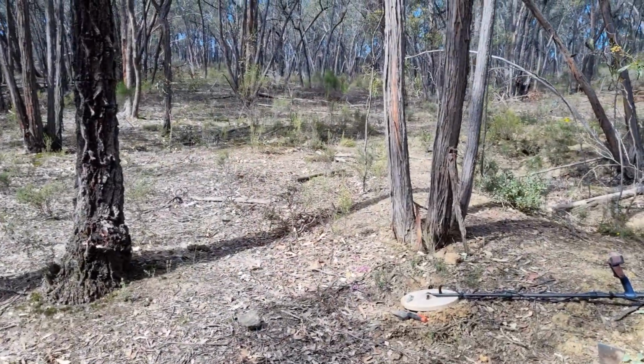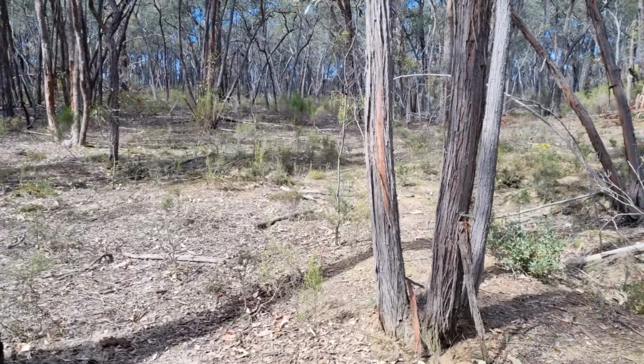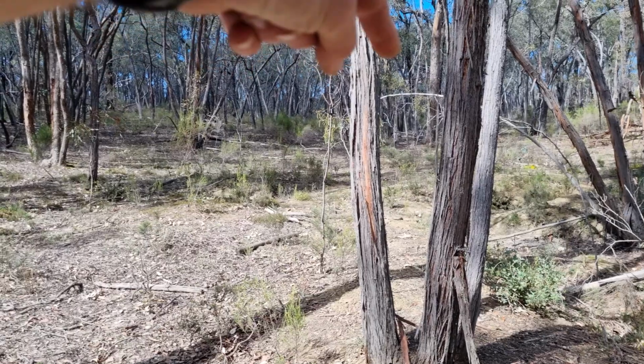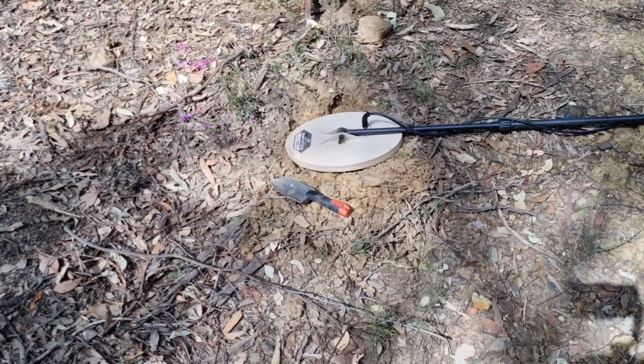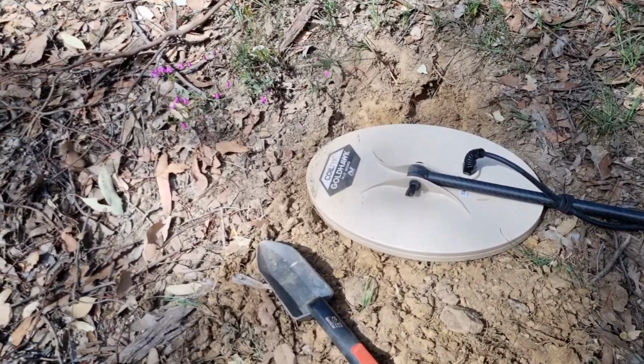Well, I've come to the head of these diggings. Thought I'd run the old gold hawk over some diggings, see how it goes, see how quiet it is, but basically I've just run around over there, come back down to here, and just down here beside the old gold hawk, got a little bit of gold. It's only little, but I tell you what, it's done pretty well. It's down a few inches,